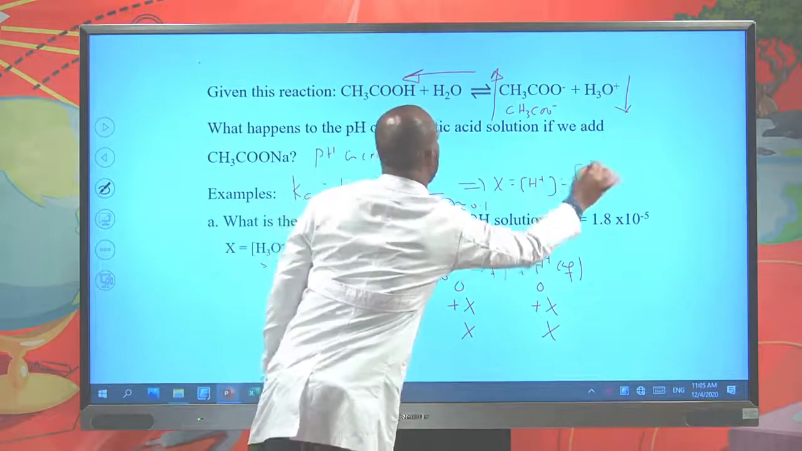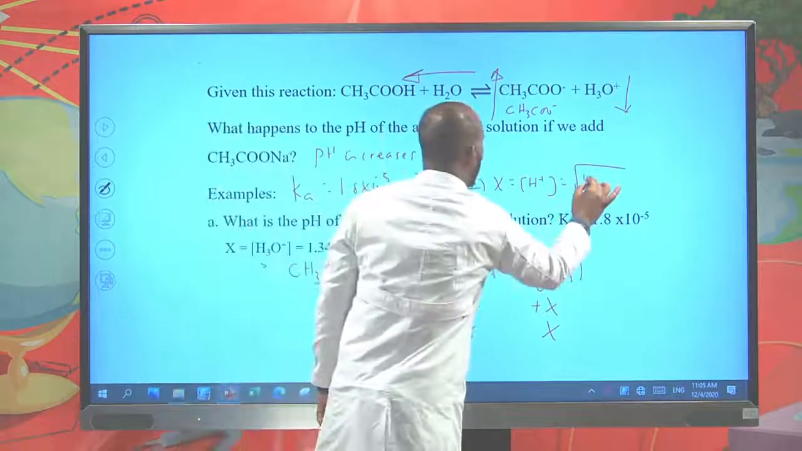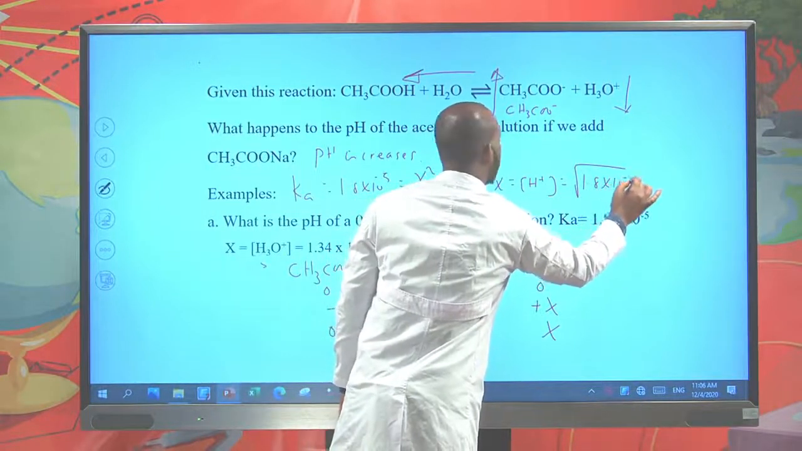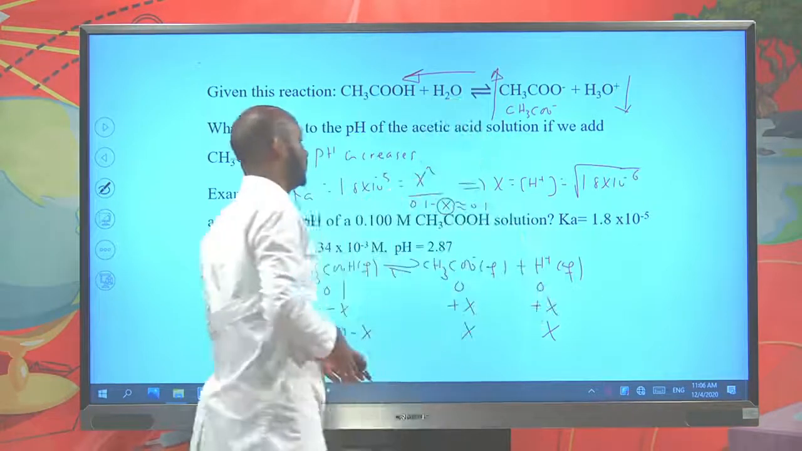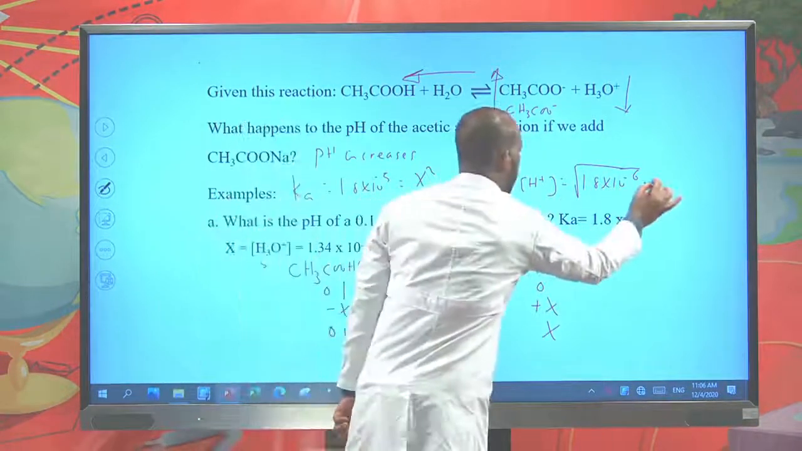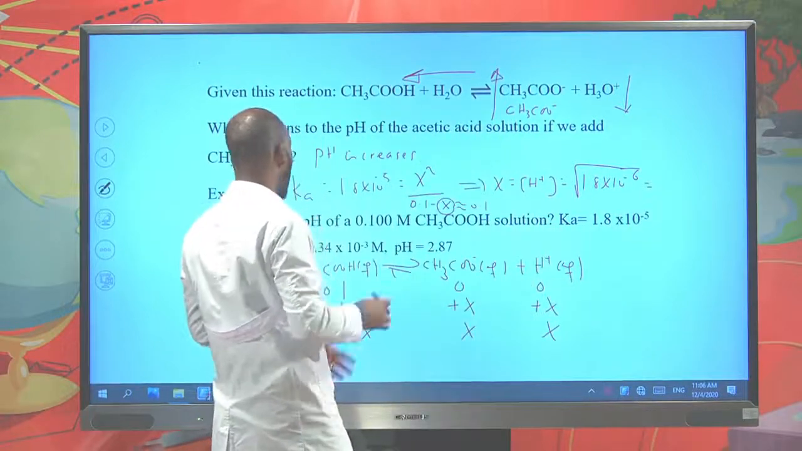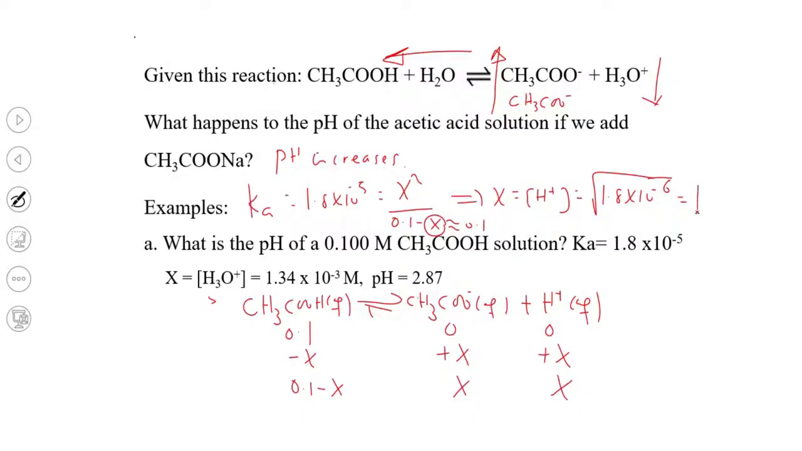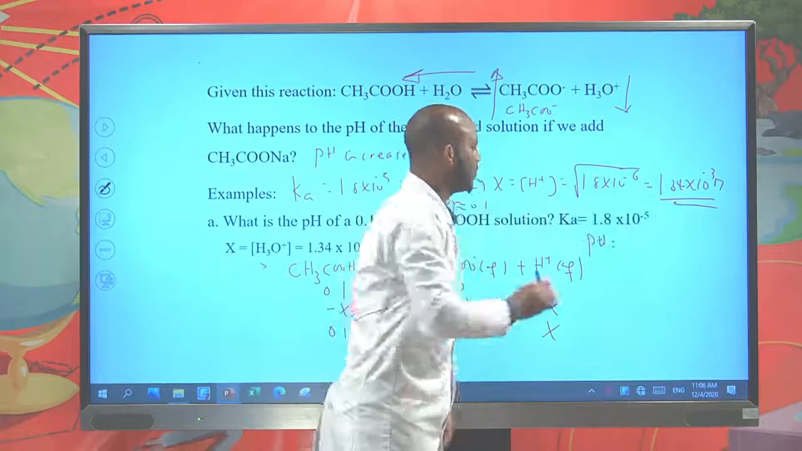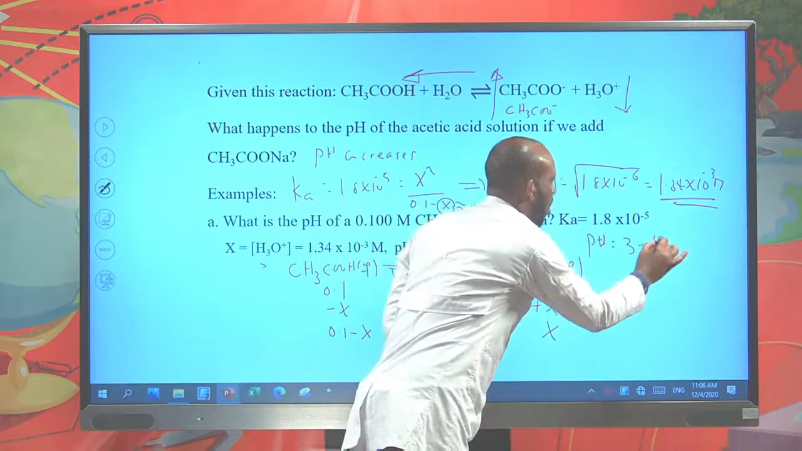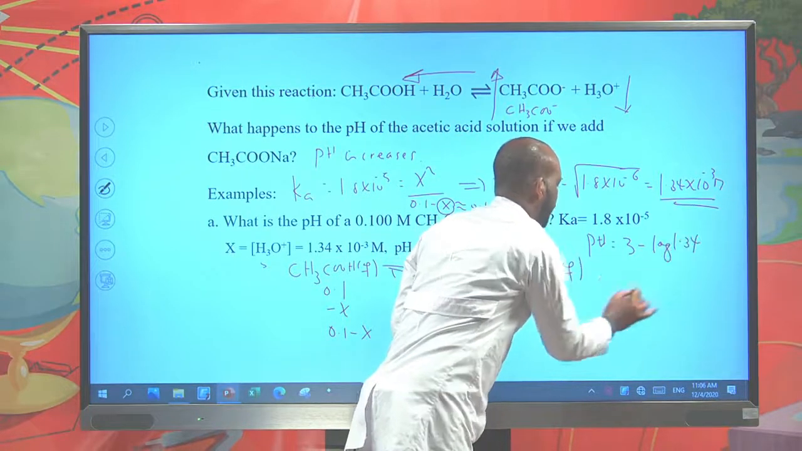which is the square root of 1.8 times 10 raised to minus 6. The square root of this is 1.34 times 10 raised to minus 3 molar. The pH of this solution is the negative logarithm of the hydrogen ion concentration. pH equals minus log of this, which is 3 minus log 1.34, equal to